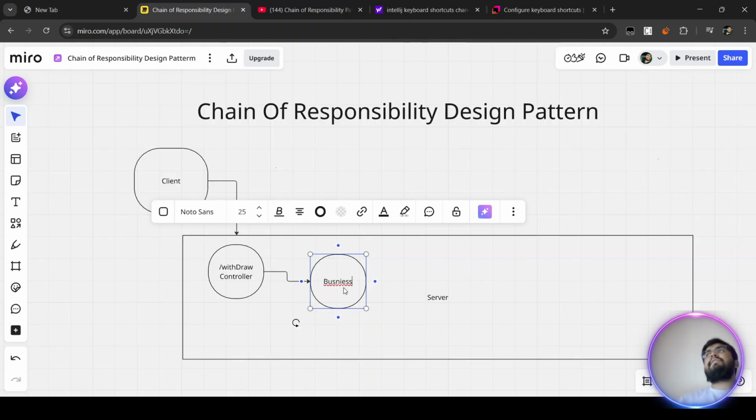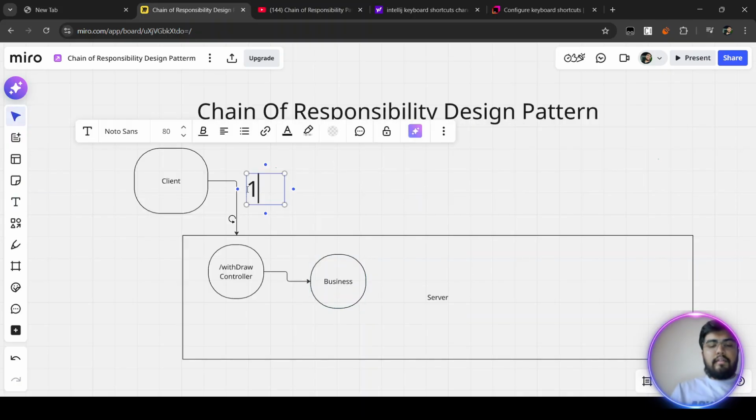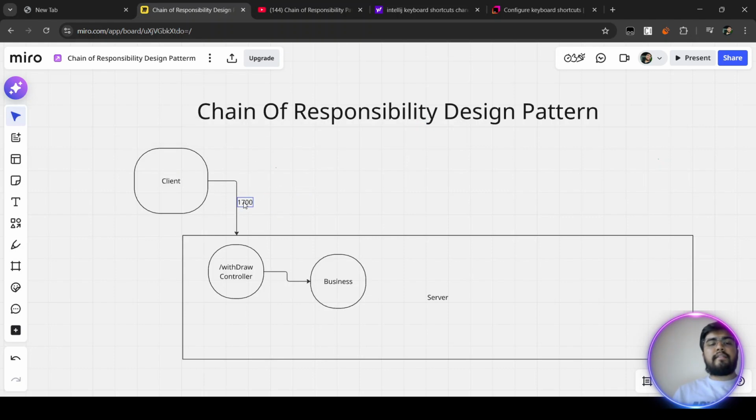Now inside this business unit, the things that we have discussed, right? What are the greedy things that we can propose? Let's suppose I have asked for an amount of 1700, correct? Let me decrease the font of this. In the client request, let's suppose the client has asked for a 1700 withdrawal. So what should our thought process be here? We have to satisfy this 1700, and we have